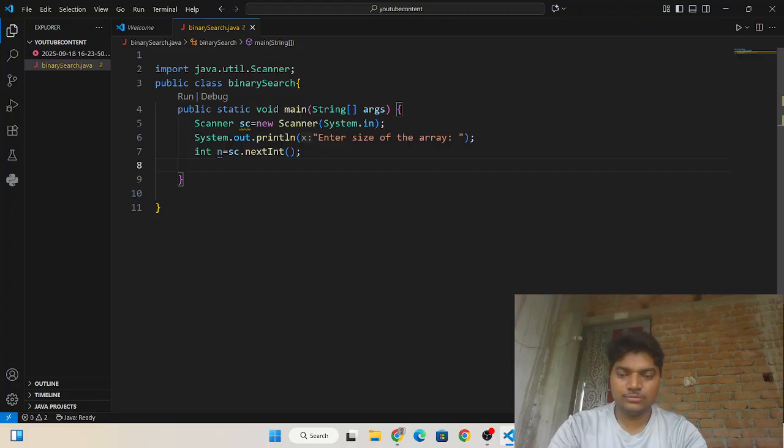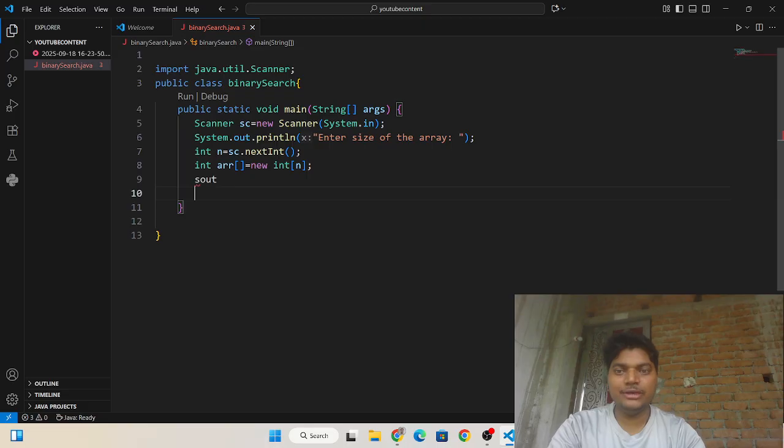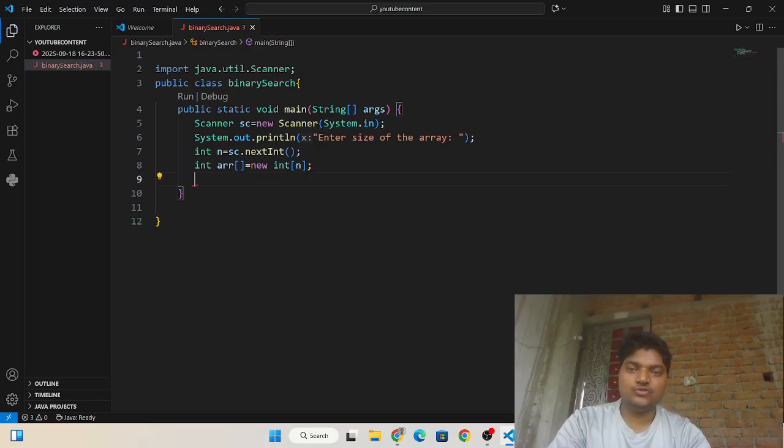I'm going to declare the array dynamically, so I need to write int array equals new int of n. Now I'm going to take all elements in sorted order because binary search applies only on a sorted array.